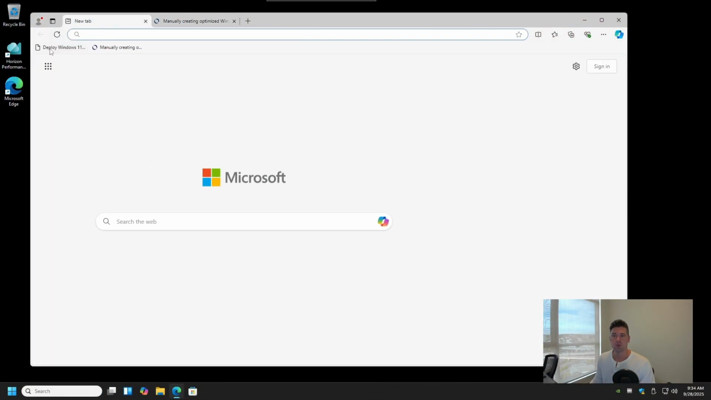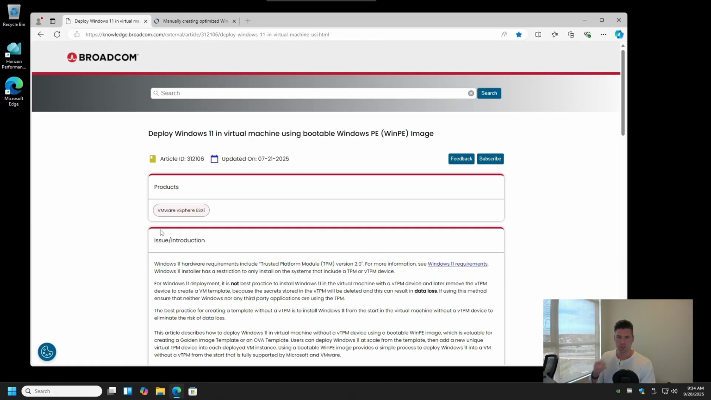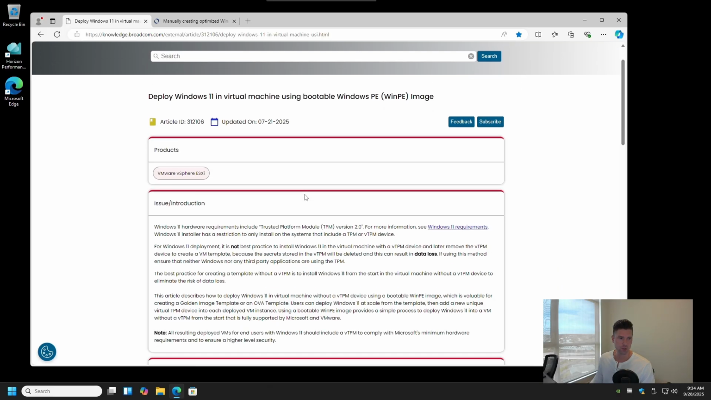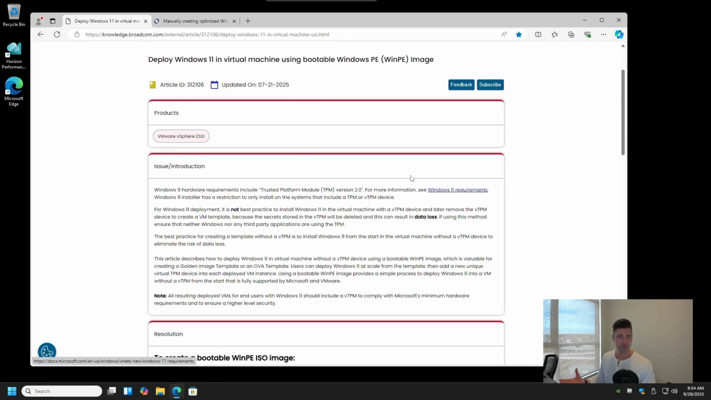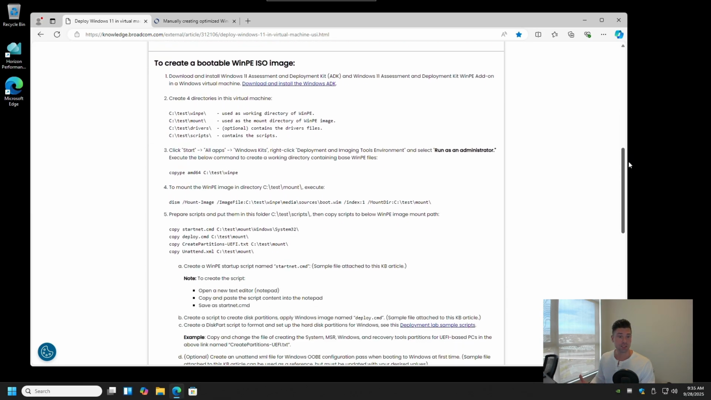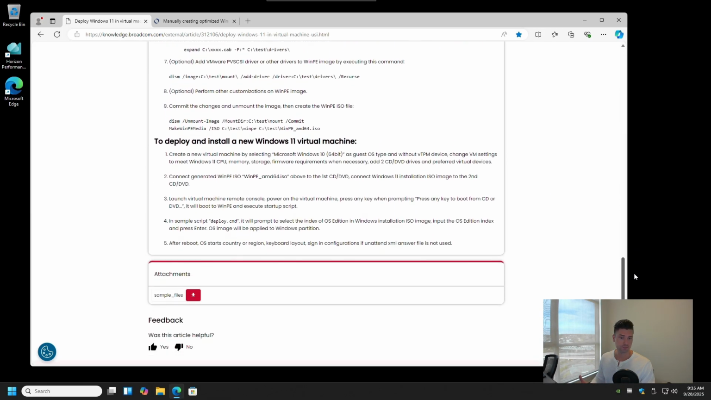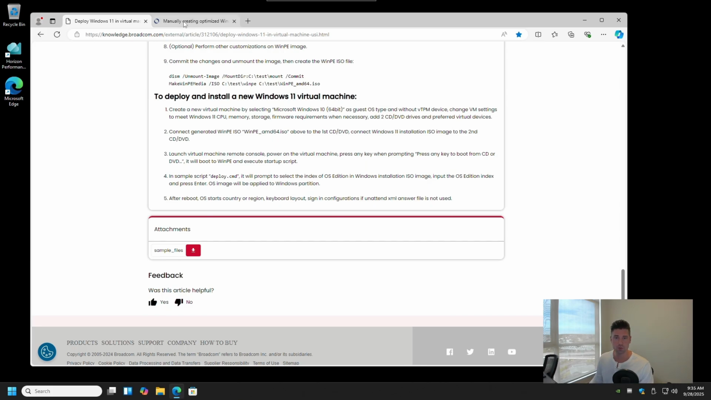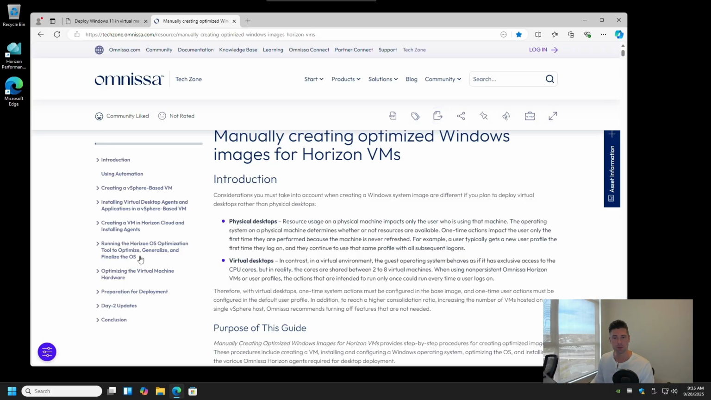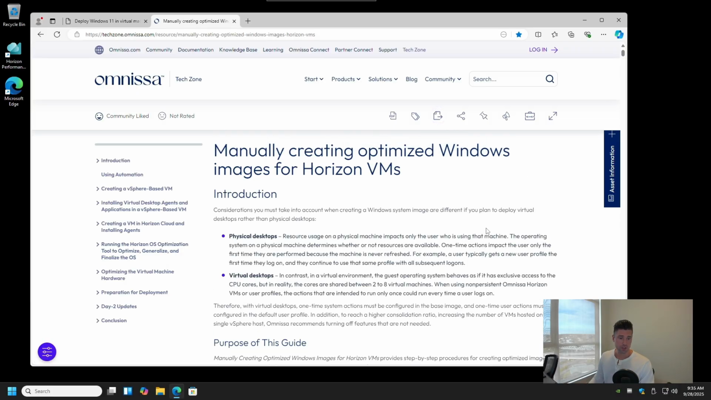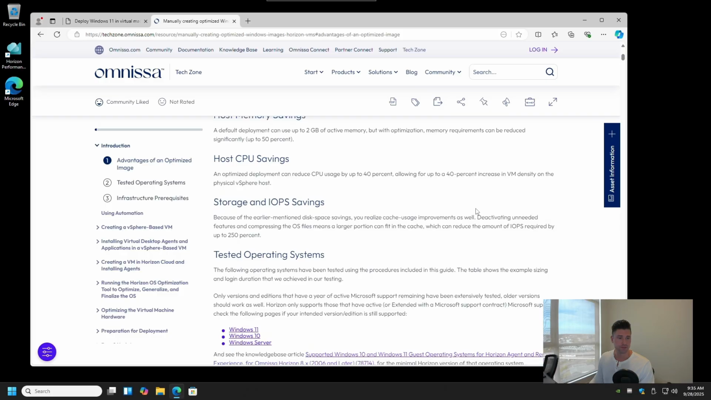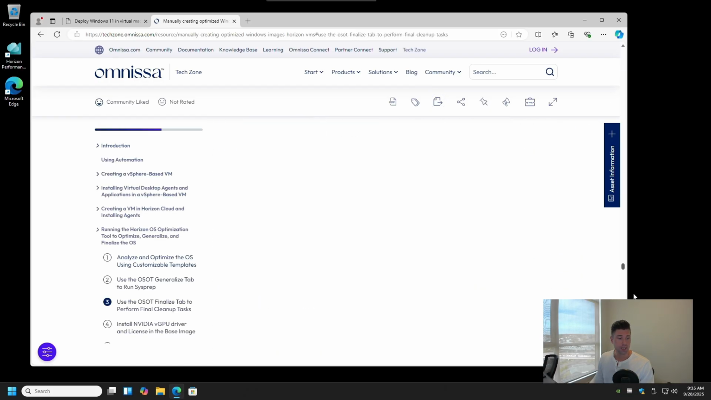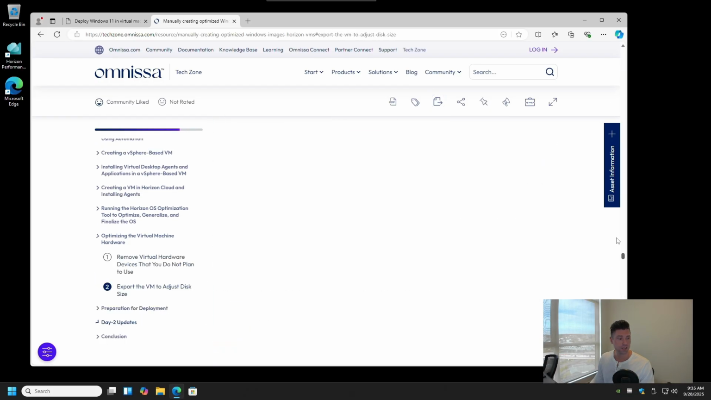So there's two posts that we want to be looking at. The first article that we're going to be going over here is the Broadcom knowledge base article that essentially tells us how to deploy Windows 11 in a virtual machine using a bootable WinPE image. We've got some very easy to follow instructions and then some sample files that we'll need to use for the deployment. Once we create that and we actually create the virtual machine, we'll have to jump over to the Omnissa Tech Zone article, which will cover pretty much everything else as far as installing applications and all that fun stuff